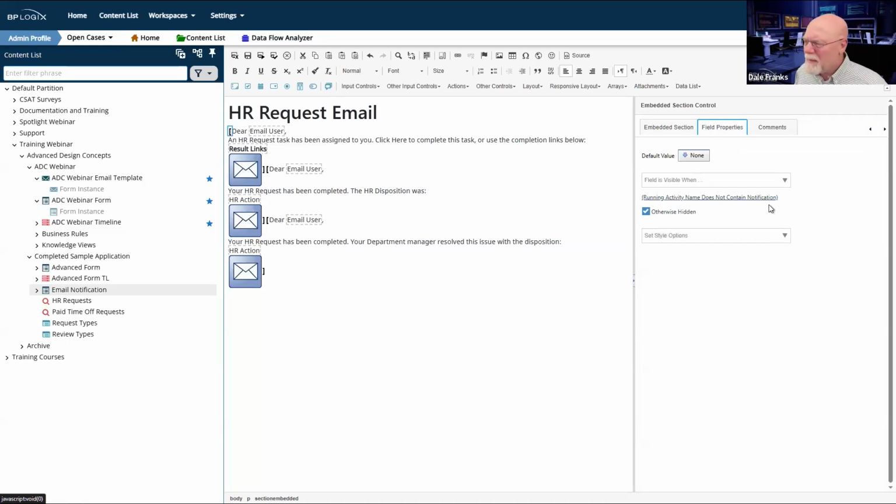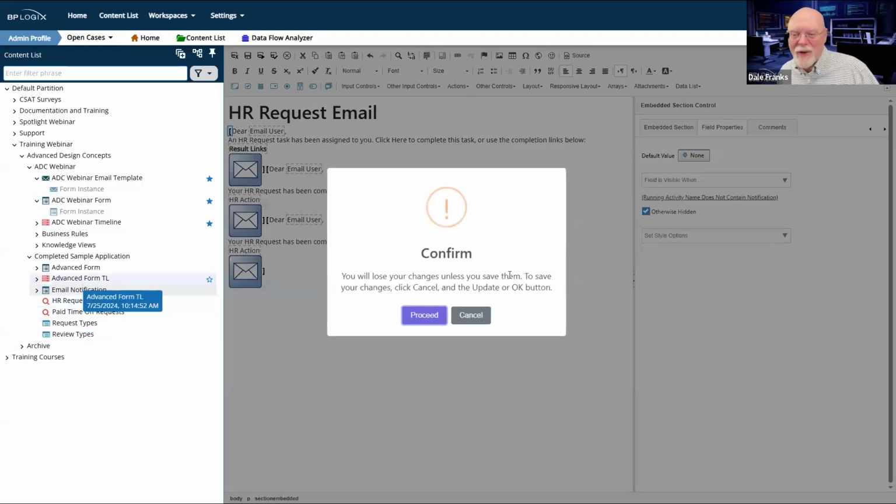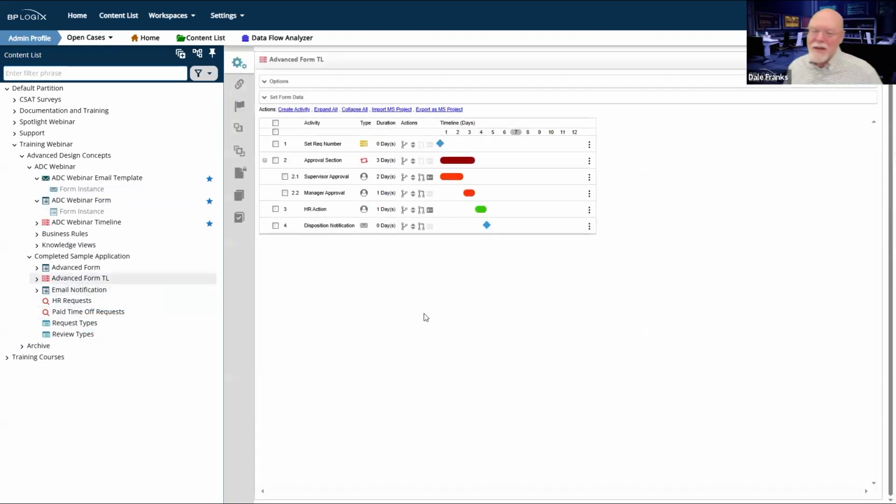So I'm not sure that would be as visible to you via Zoom. But if my running activity name does not contain notification, then I can only show this first section here at the very top. So I guess that means we have to look at our activities and see what their names are.